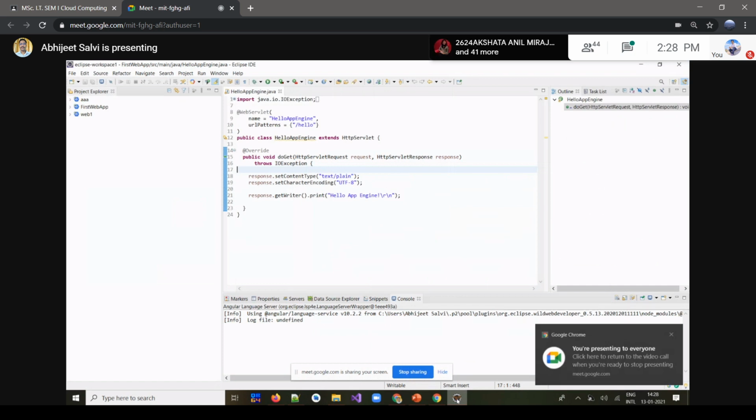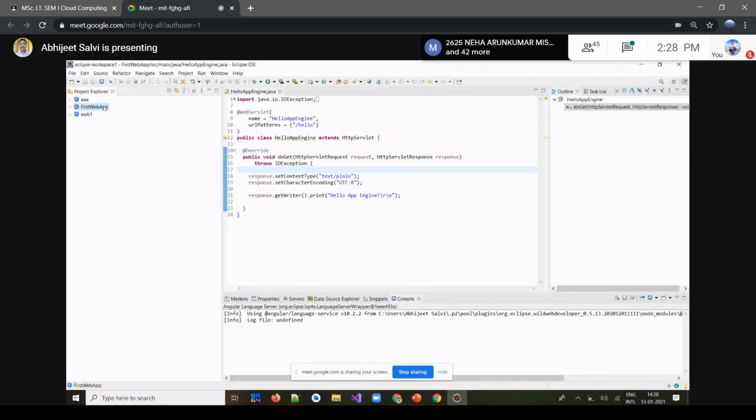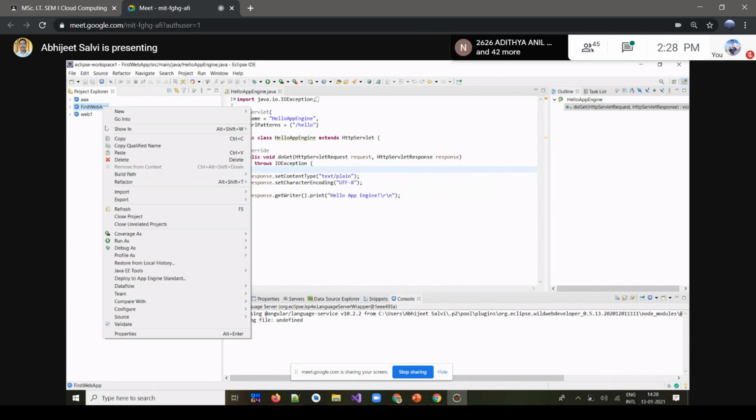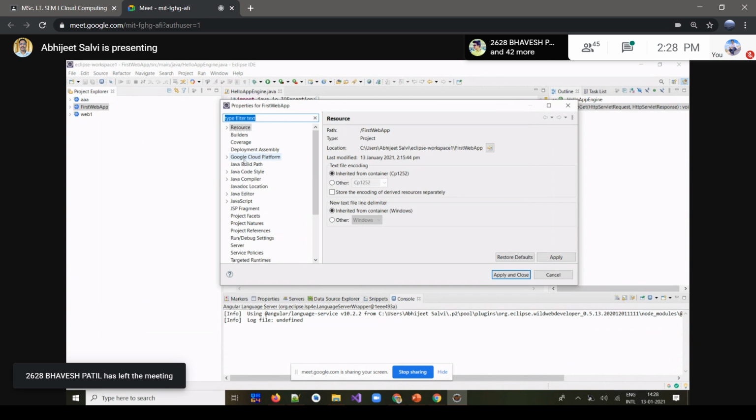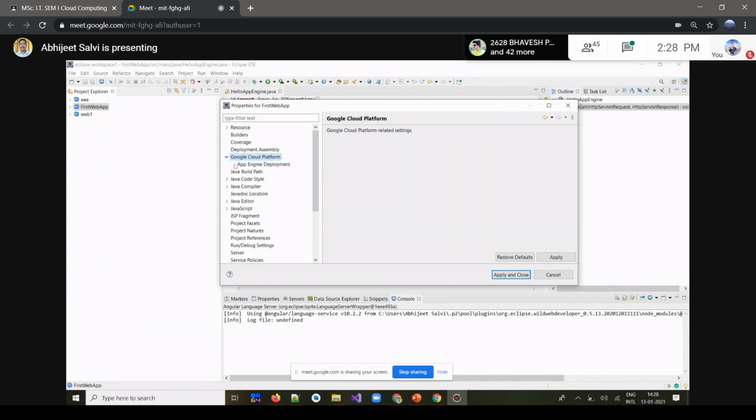Now we have to get back to our application and right click. Then we have to go for the properties option, and there is an option called Google Cloud Platform. Let me resize that.